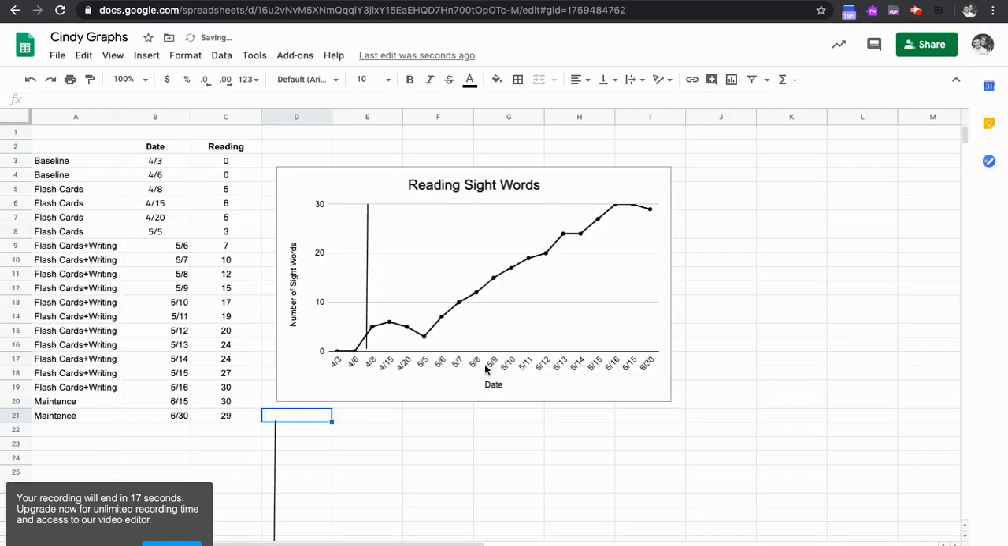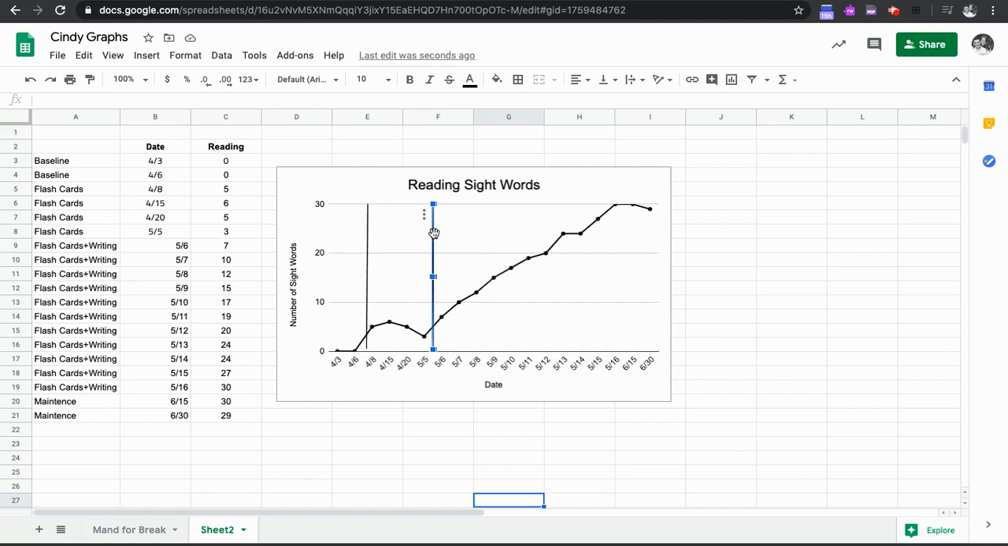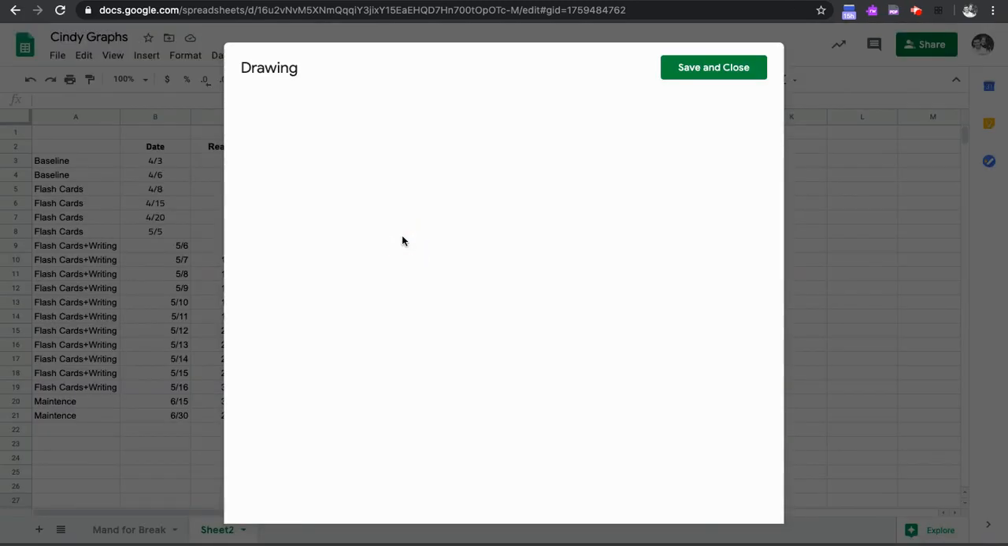Just like this. And so this one goes for flashcards. So flashcard happened the 8th through the 5th, just like that. Okay, so we have one more of those to do. So we're going to click on it,